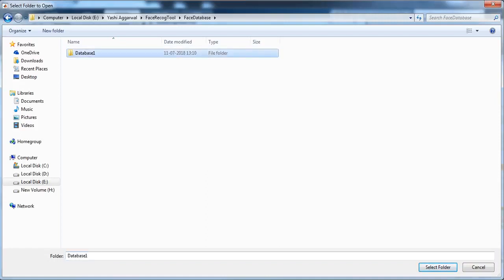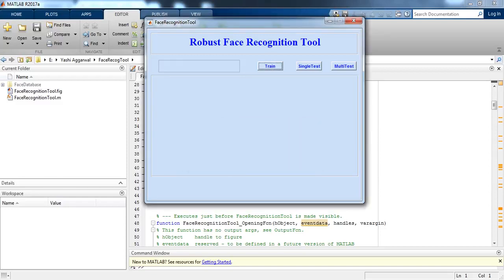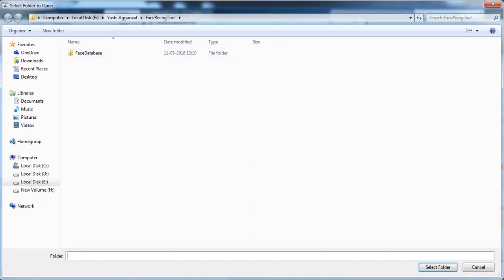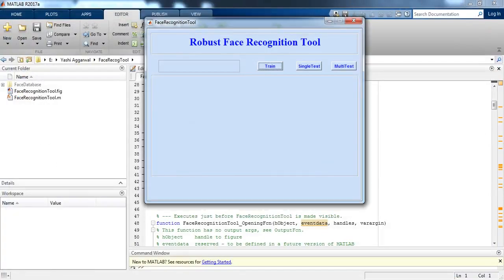So let's upload the train data first. It is loading, and okay, now let's upload the test data as well. Okay, now we have loaded the test data and the train data.